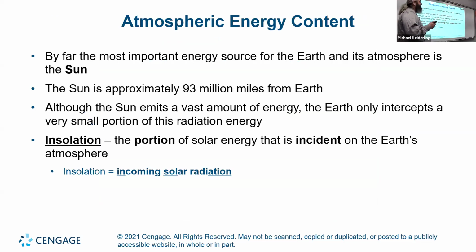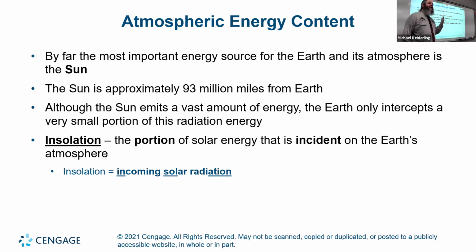So, the atmospheric energy content. The primary source of energy for Earth and its atmosphere is the sun. The energy in the atmosphere comes from the sun primarily. It's about 93 million miles away from the Earth. It emits a vast amount of energy. The Earth will only